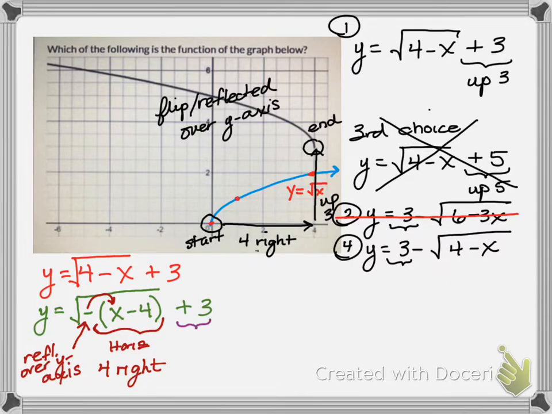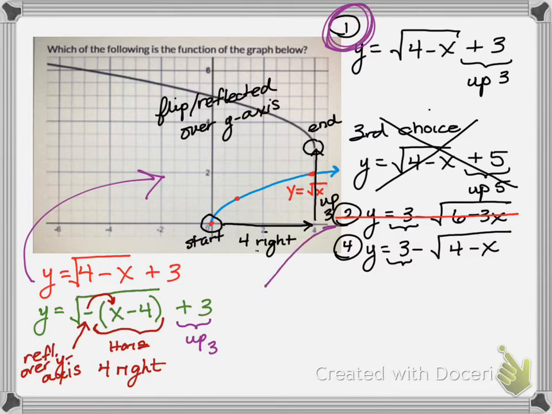And this obviously is my up 3. So just by looking at this, these are all matching what this graph up here was supposed to be doing based on what we saw. So option 1 is my answer, okay? Going back